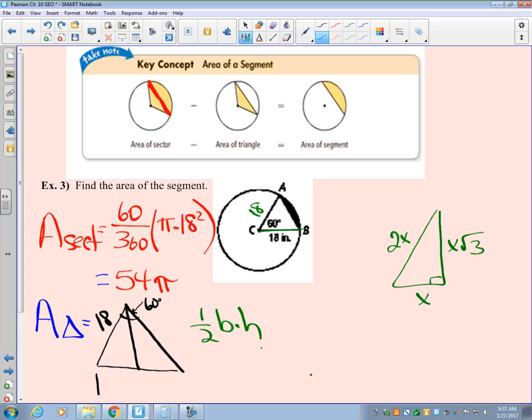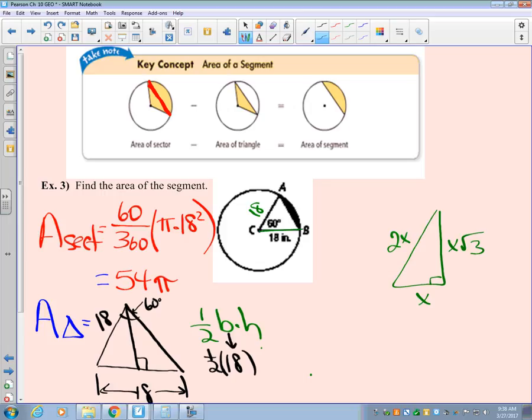Because it's a 60, and this is isosceles, this is also 18. The area of my triangle is 1/2 base times height. I already know the base. It's 18